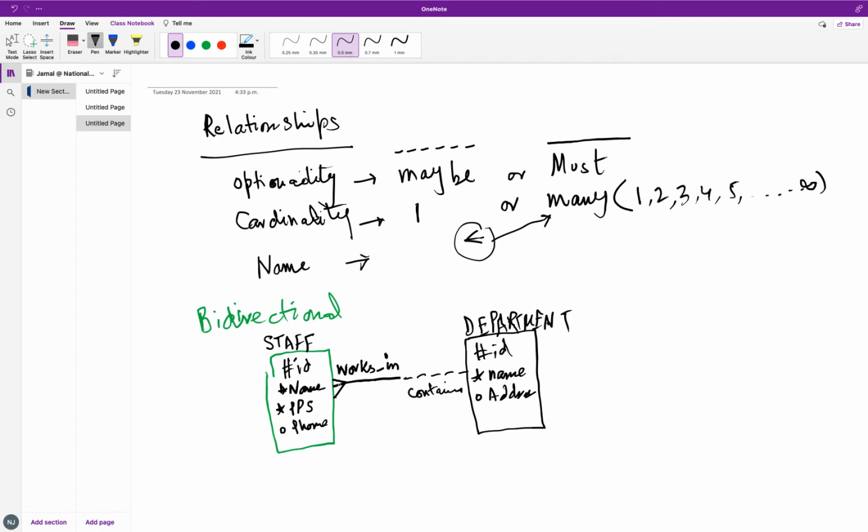each staff must work in one and only one department. So this sentence is complete. So each department may be comprised of or contains one or many staff members. That's it. So now we can define some other